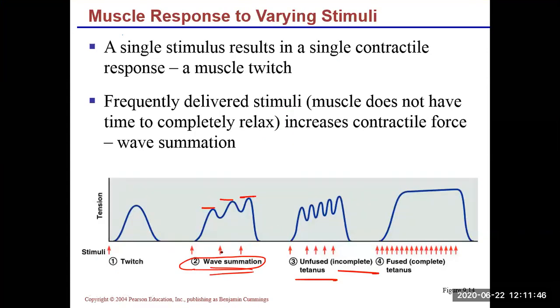Okay, so we were talking about the muscular twitch and the difference between muscular twitch and wave summation. Wave summation is just what happens when you are, let me go ahead and